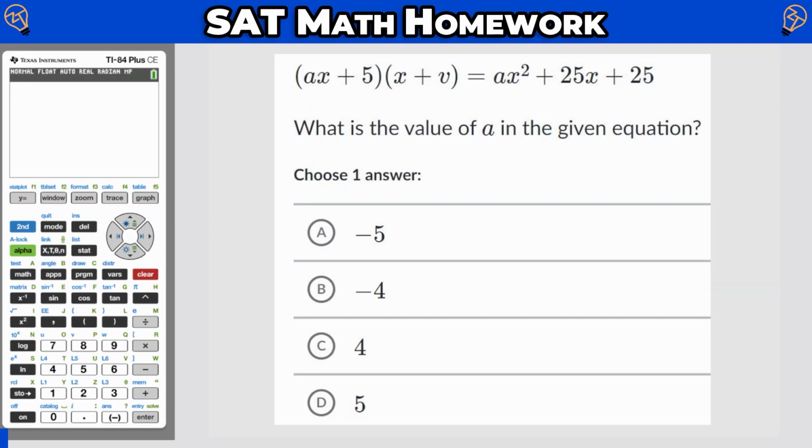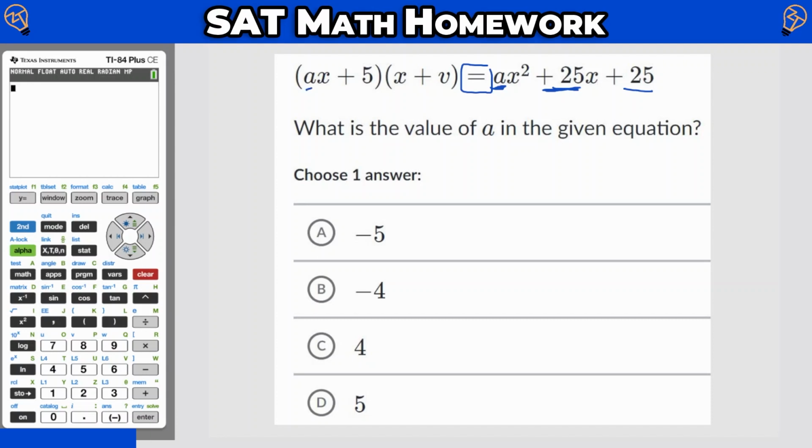So when we're showing that these two are equivalent, for that to be true, that means the coefficient of x squared should be the same on both sides of the equal sign. Same thing with the coefficient of x and the constant. Well, to be able to compare these two, we really need to FOIL this out or distribute, however you want